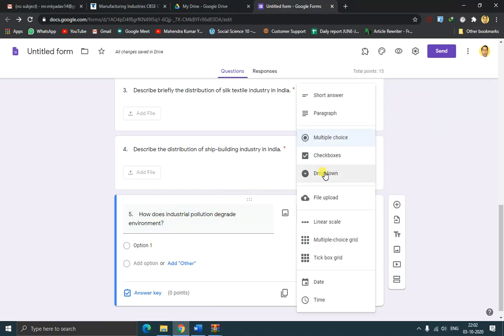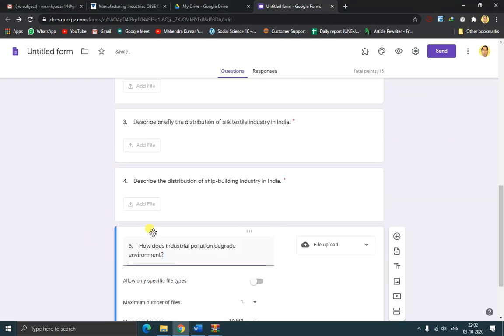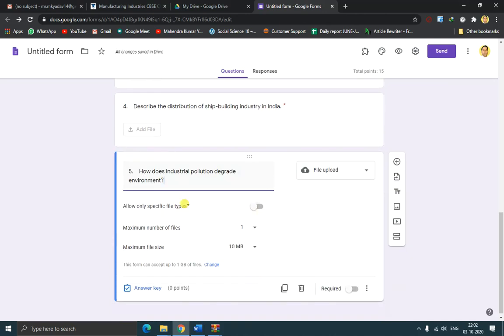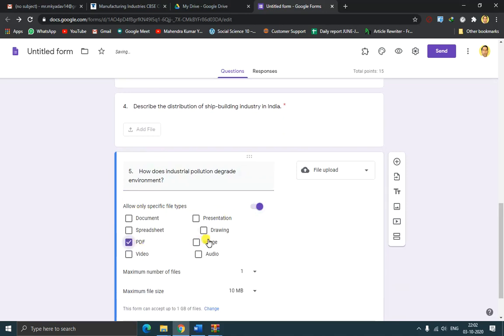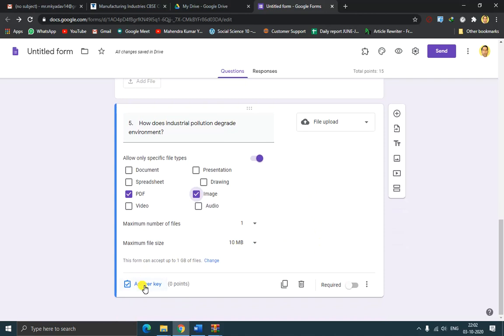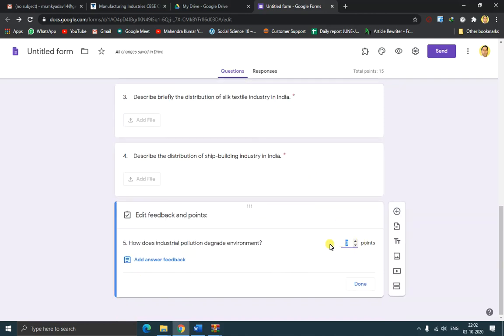Now again this file upload option, specific file type, image and PDF. Answer key not adding here, just 5 marks.